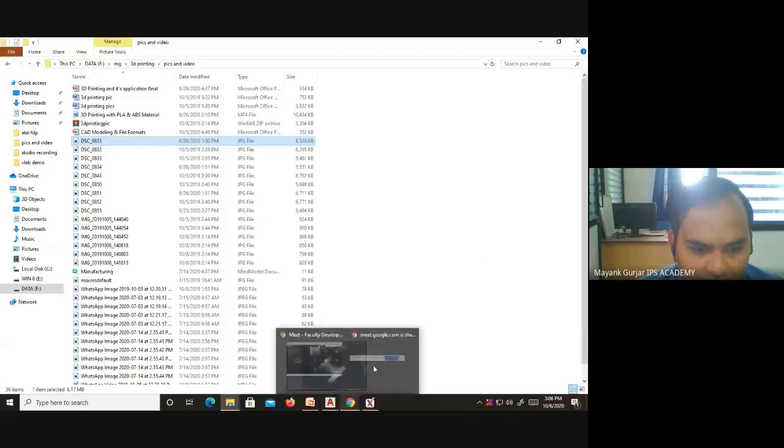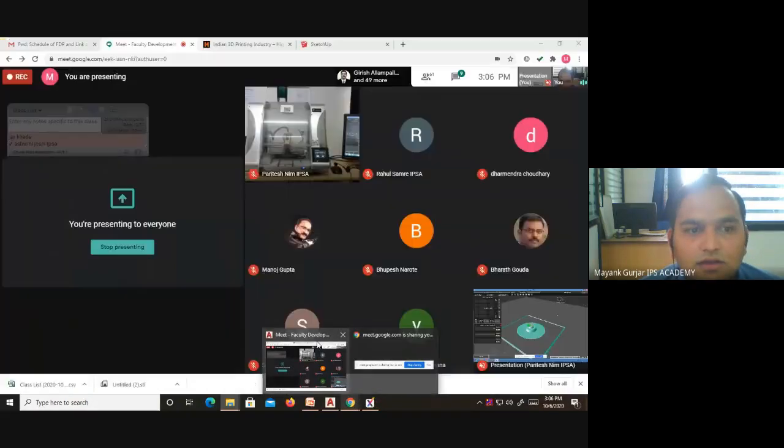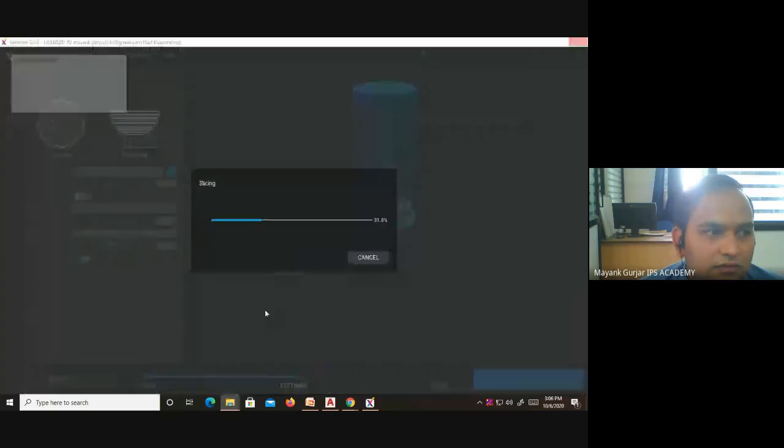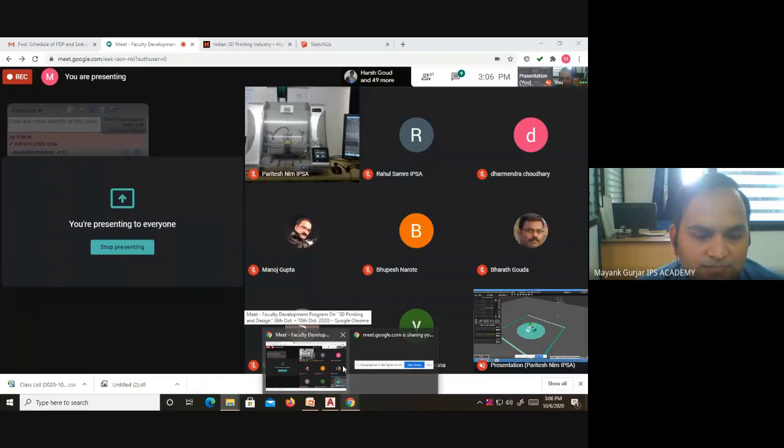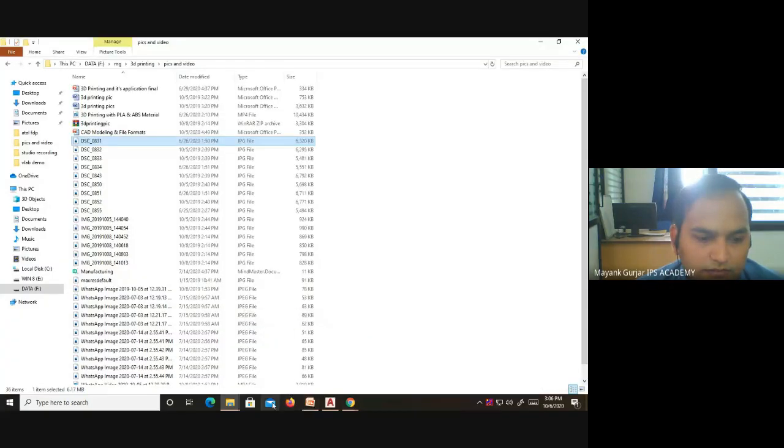It is stuck because I have selected more length and width for this dumbbell. Meanwhile, if you have any question regarding PLA and ABS, you can ask.